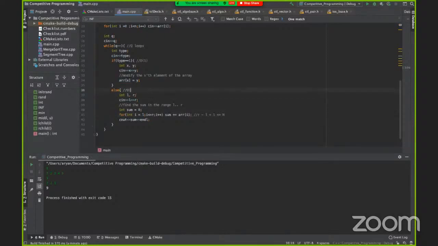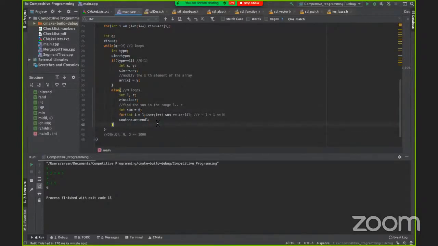So this is an order of n, so this is n loops. This entire thing comes out to be something like order of n times q. For 10 to the power 5 that won't pass, but if n and q are something like less than 1000, then that's a valid solution.